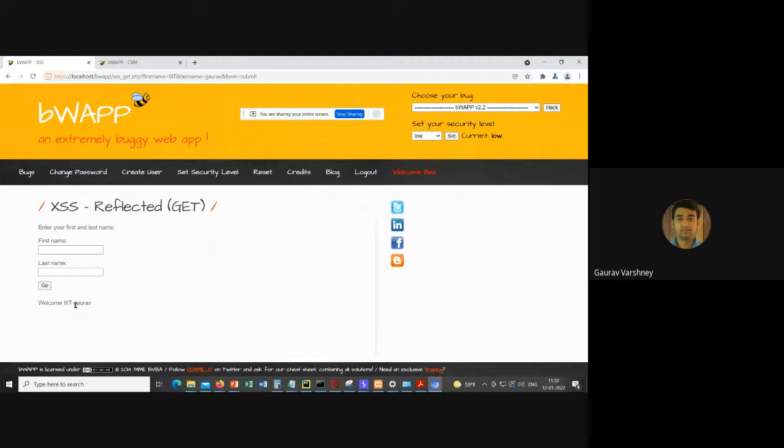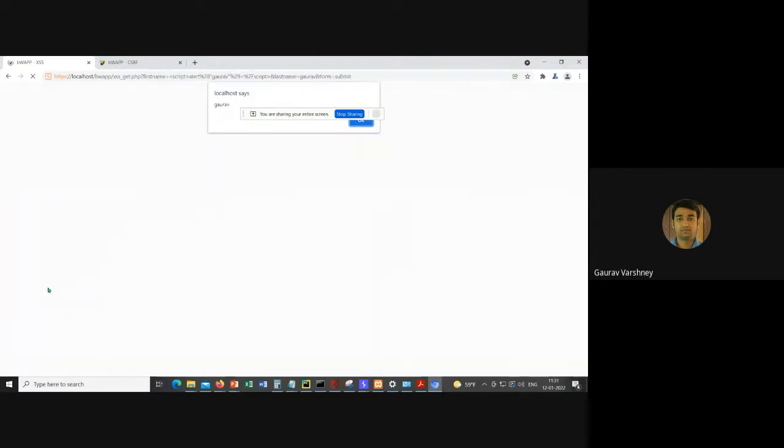Because it's already a buggy web application, it's already vulnerable to cross-site scripting, right? So let us try that. Instead of that, if I write JavaScript code here as an input, which it should not take because it is not a first name, it should validate the input or encode it. But let us suppose it is not doing input validation or encoding, and I provide this information to the first name and last name, then you can see that there is a pop-up box coming up